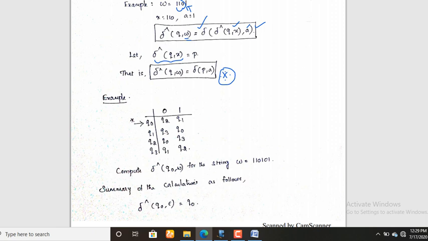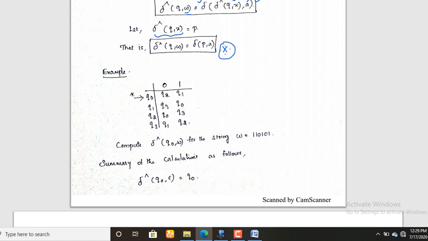So this part they may ask for 2 marks in university exams. There they are given a transition table and a string as input. Okay, so this is the transition table. The transition table is nothing but the transition function. How can you represent the transition function? In terms of either a transition diagram or a transition table. For this example they have given the input as a transition table. In some cases they give the input as a transition diagram. In other cases they give the input as a problem statement.